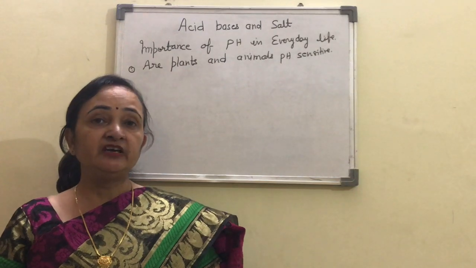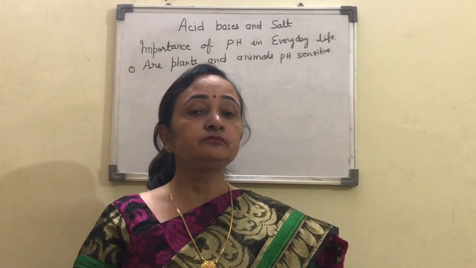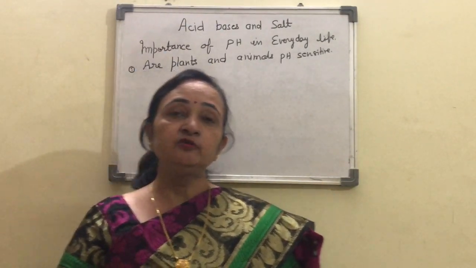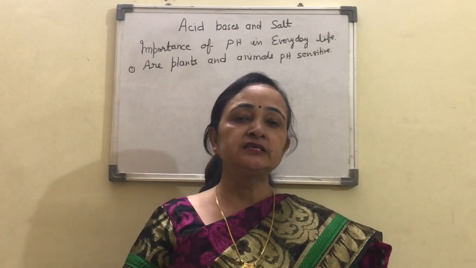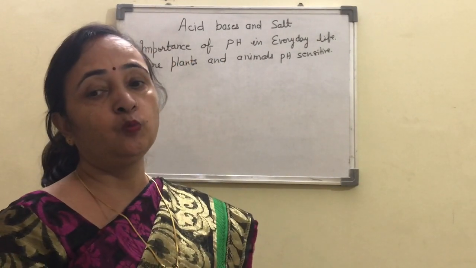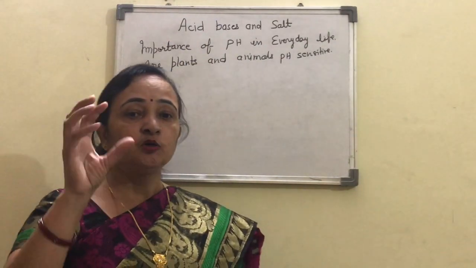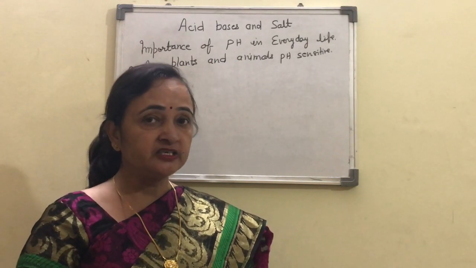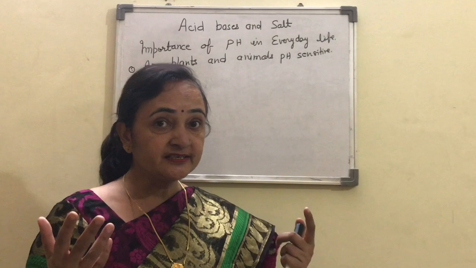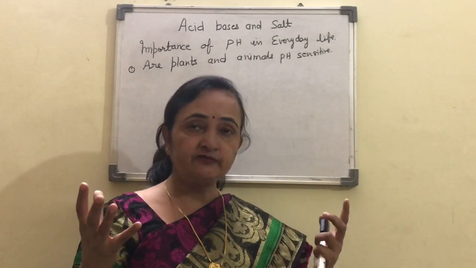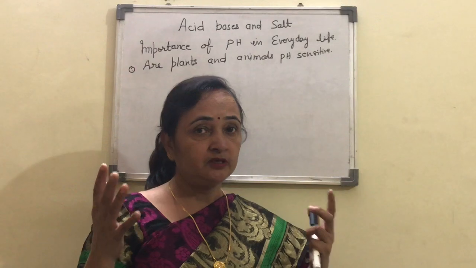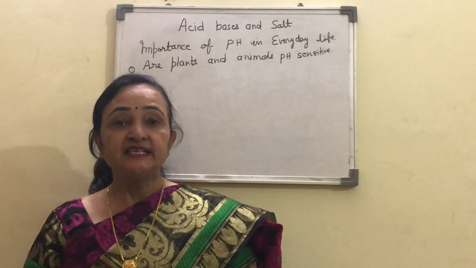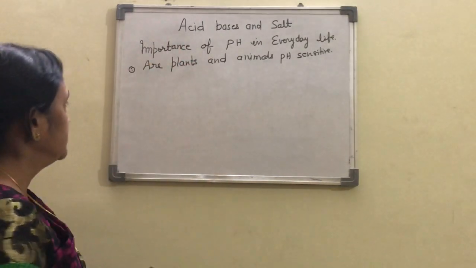Now there is one very interesting fact: the atmosphere of Venus is made up of a thick layer of white and yellowish clouds of concentrated sulfuric acid. So can you tell me whether life will exist there or not? You can just understand, if concentrated sulfuric acid is there, then it is very difficult for life to survive there.